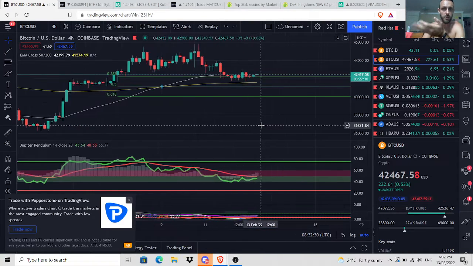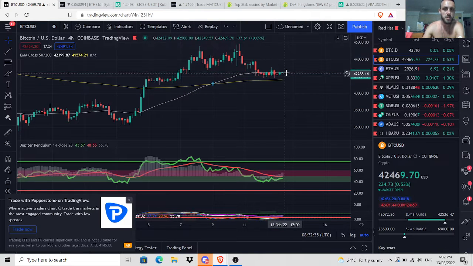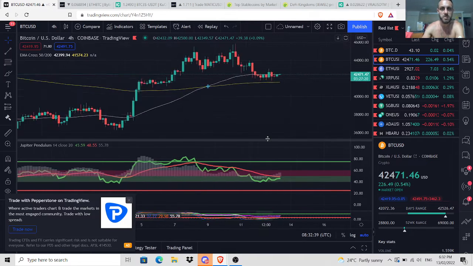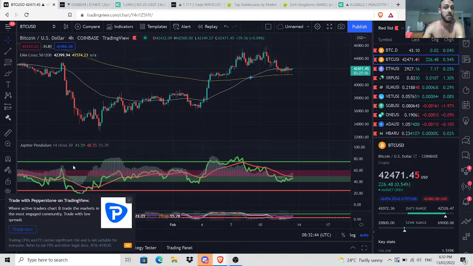As you can see, it's on the 30, so if we break up from here, it's going to be no surprise. But I'm just a bit cautious that we're going to consolidate that bit deeper. We may or we may not. We'll just have to see how it reacts over the next day or so. Okay, so that's Bitcoin.